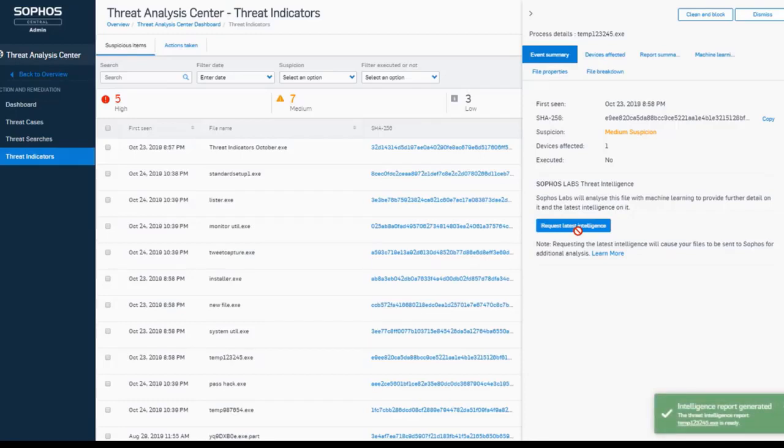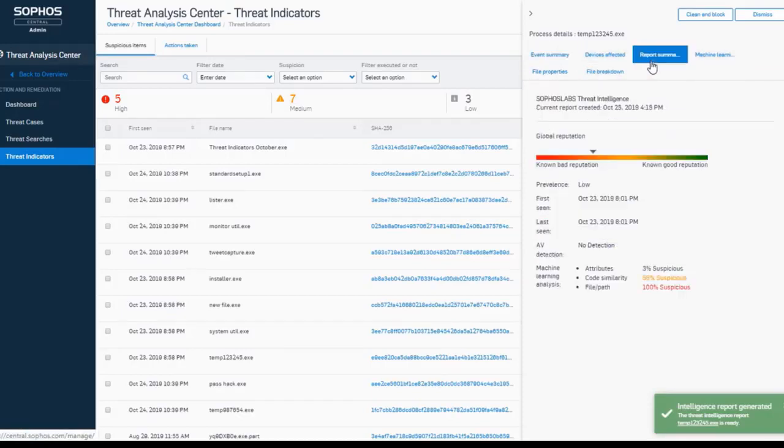And after a few minutes I get the notification to let me know the results are now available. So we can see those tabs are now active. The Report Summary tab gives an overall summary of the analysis done. Note one of the useful details on this page is the AV detection line, which will detail how many vendors on VirusTotal are detecting that file, and will link to the VirusTotal report for that file if one exists. In this case, VirusTotal aren't aware of this file.